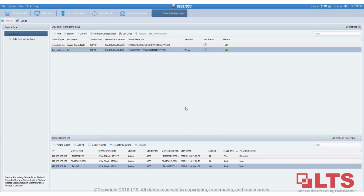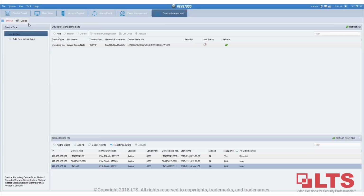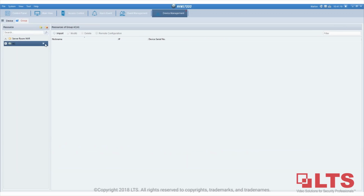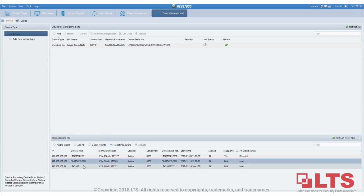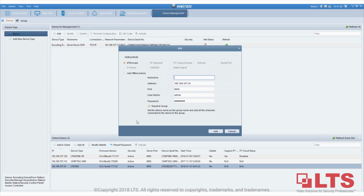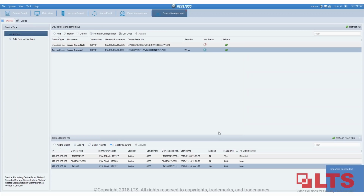I didn't see the message. Let's go back and let me delete this first, and let me go back and edit again. So, server room AC. Okay, see now it's imported successfully. The first thing you need to do is highlight the access control controller,